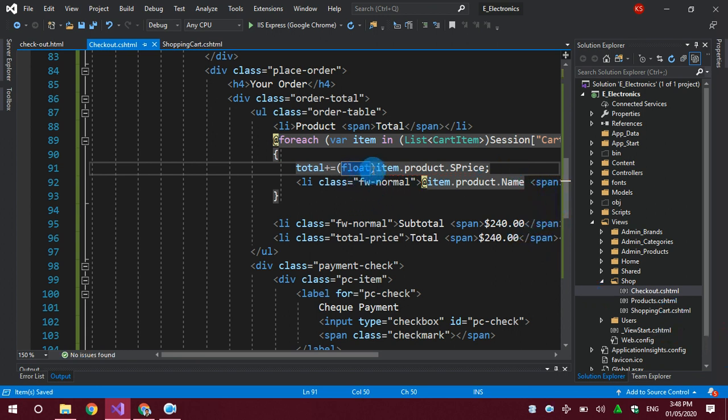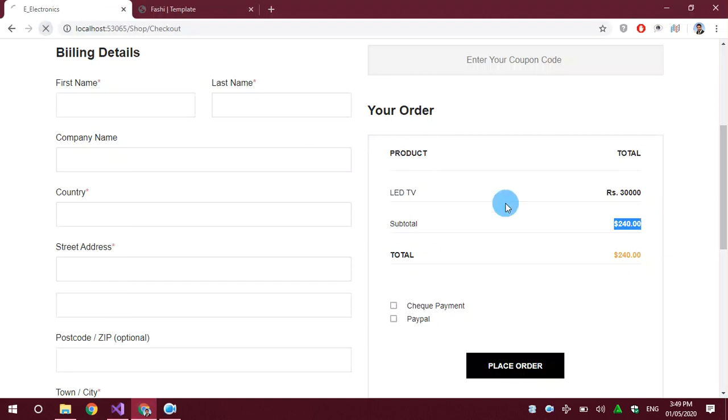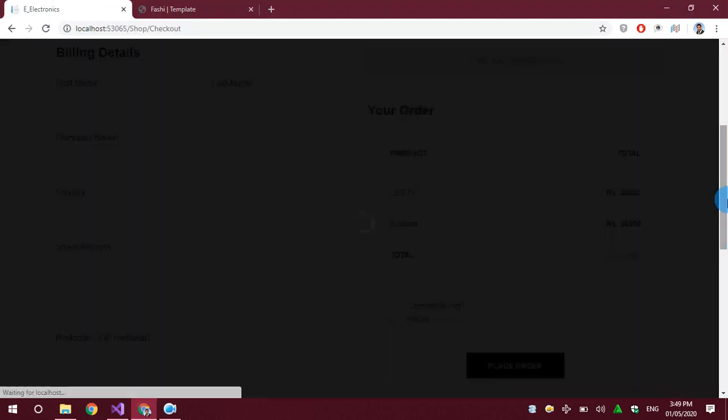Now the total will be updated into the total variable, and we can use this variable here with the name total, and again here. Now I can refresh my page to get some results.